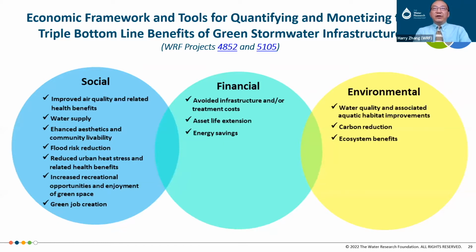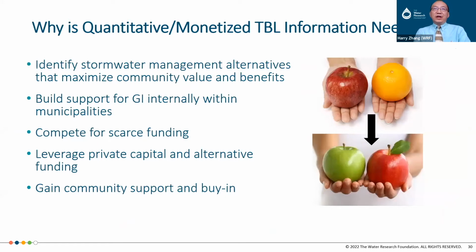So how should you consider those benefits? Can you really quantify or monetize those? That really goes back to the research incentive. Why do we do this? I think if you have that kind of data in a rigorous way, it can be convincing, because you can identify stormwater management alternatives that maximize community value and benefits, and also you can build support even internally within your